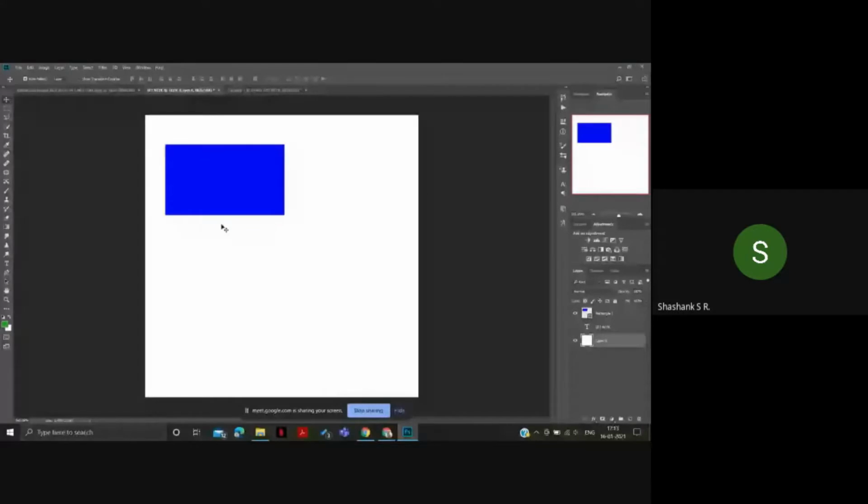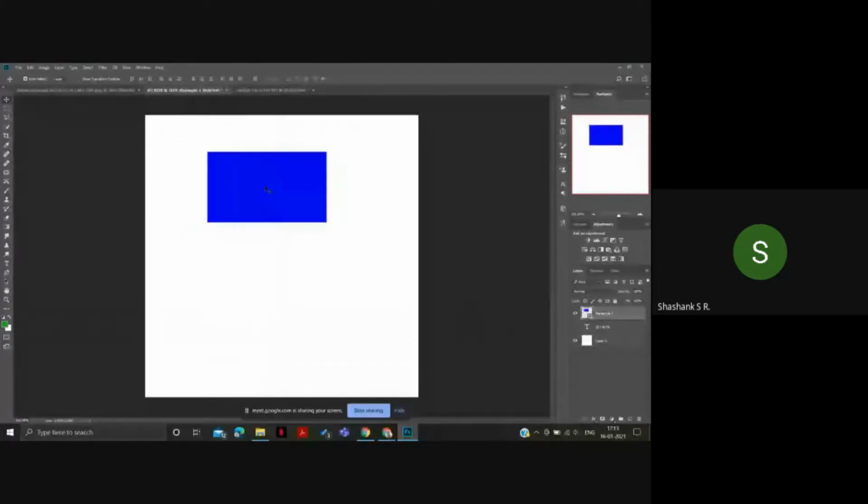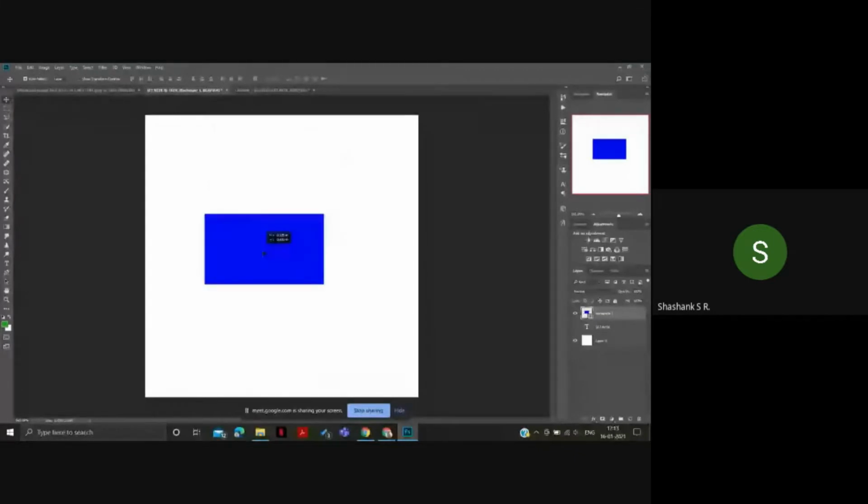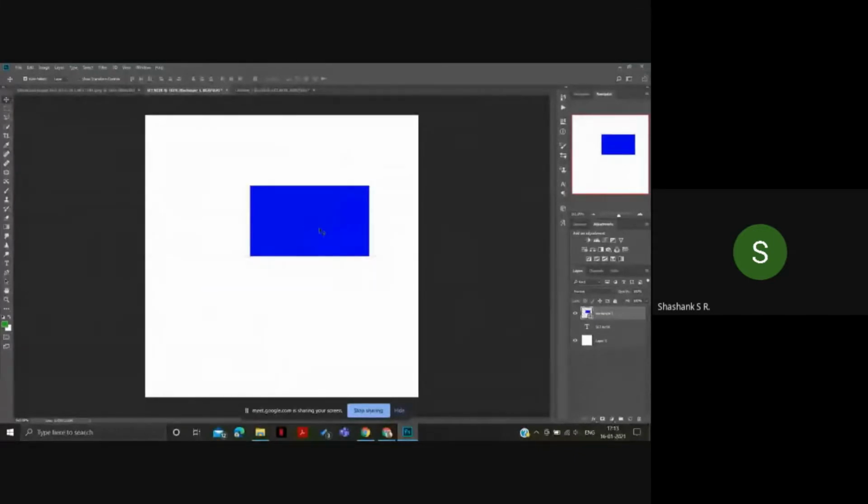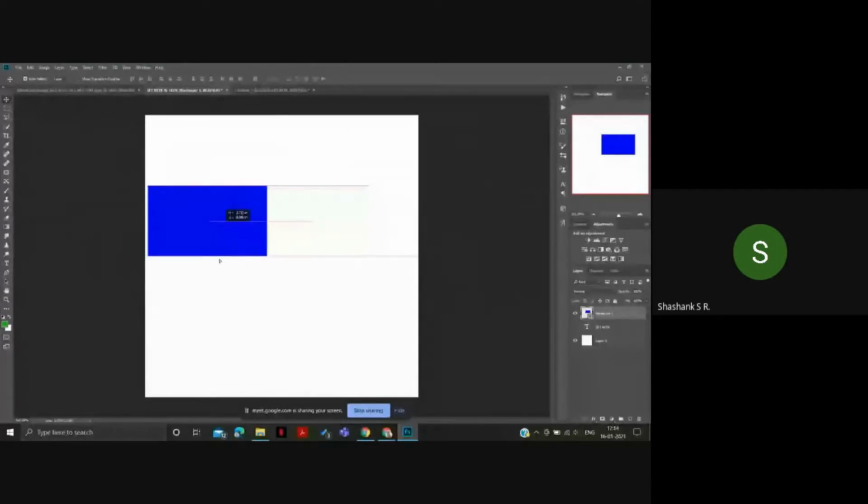So using this, you can move. For example, if you want to bring this image to the exact center, it's a bit difficult. Like normally, if you use the mouse and try, it's a bit difficult. So there is a shortcut. You have to press shift and then click on the rectangle and then move left to right. It's fixed horizontally. You cannot move it vertically.